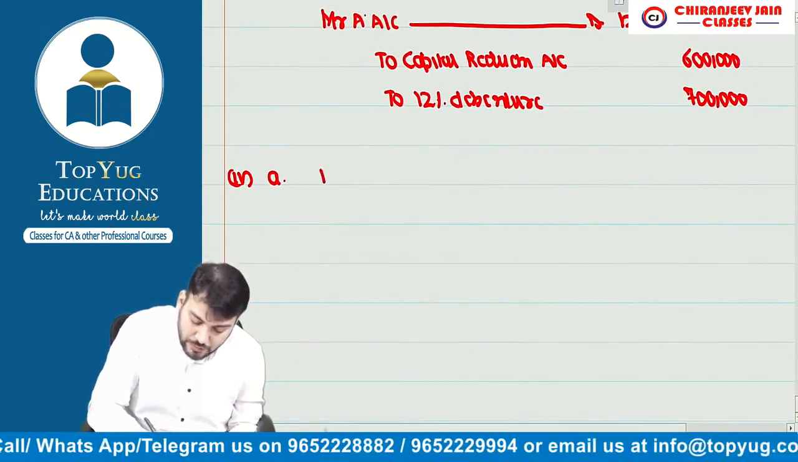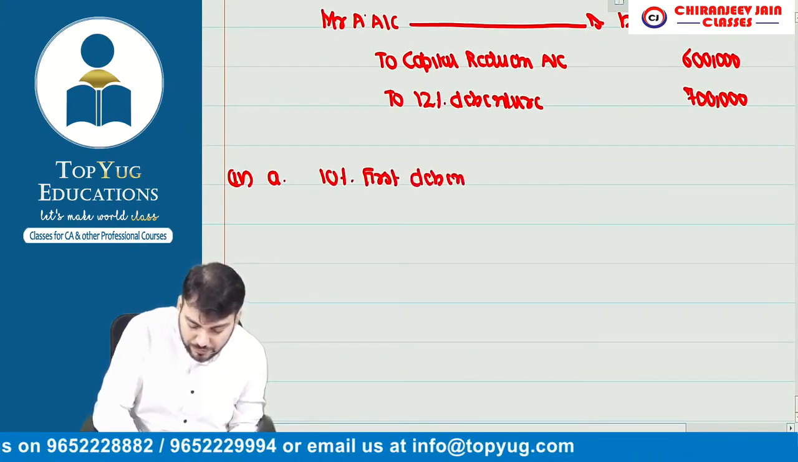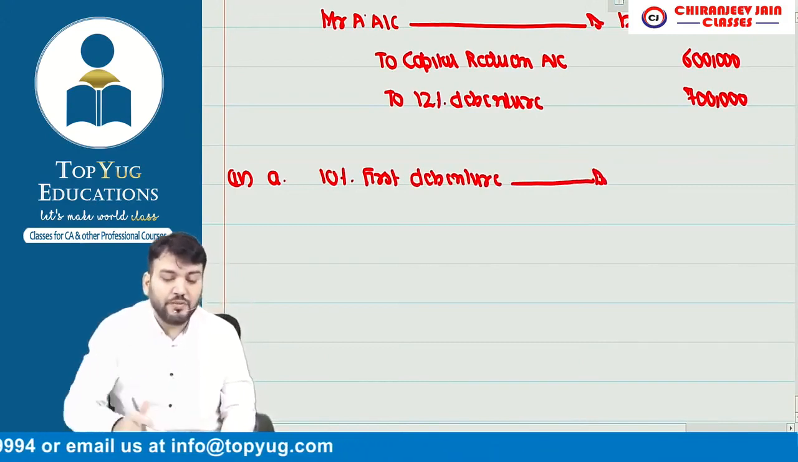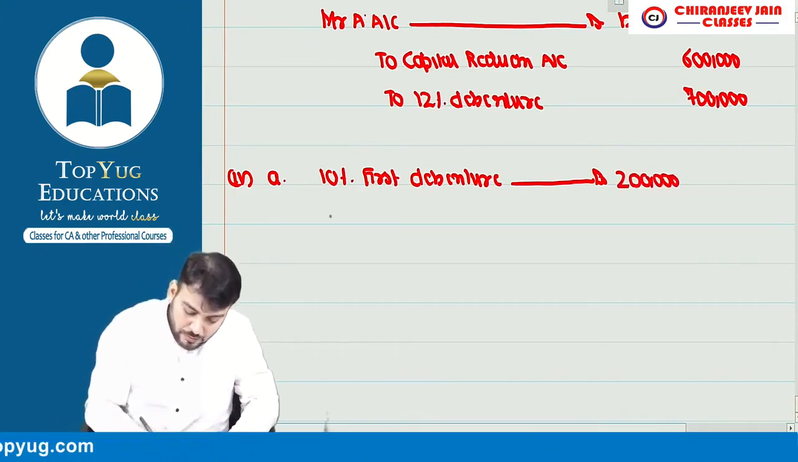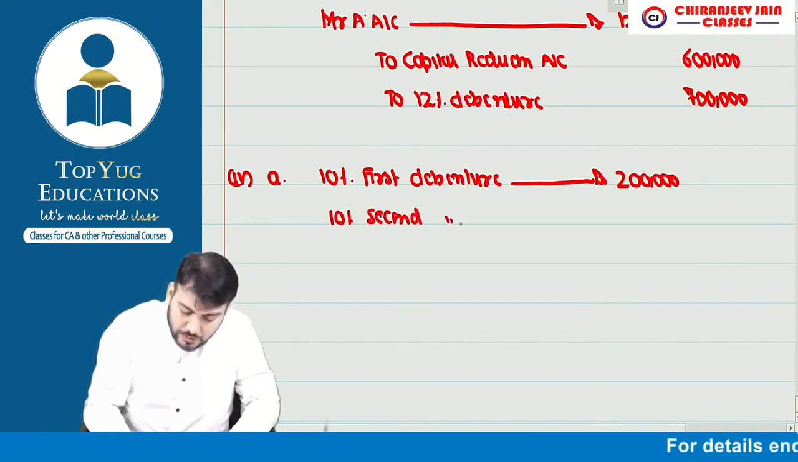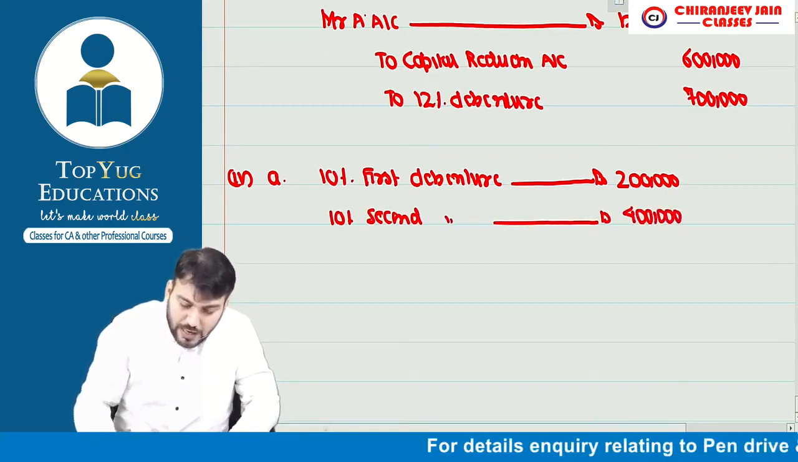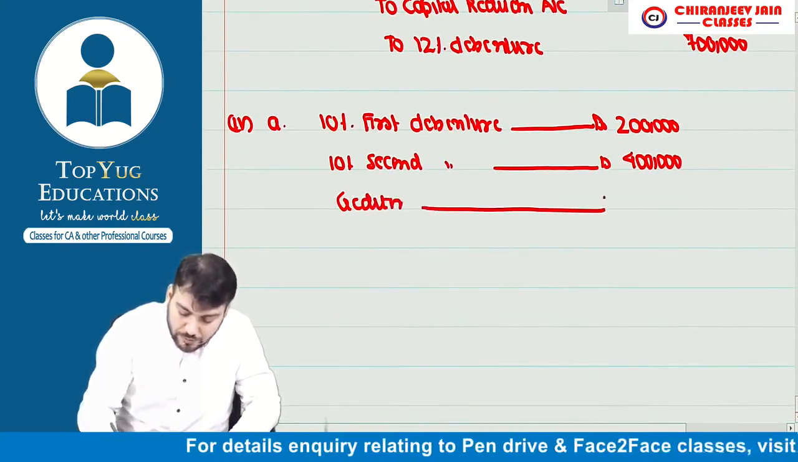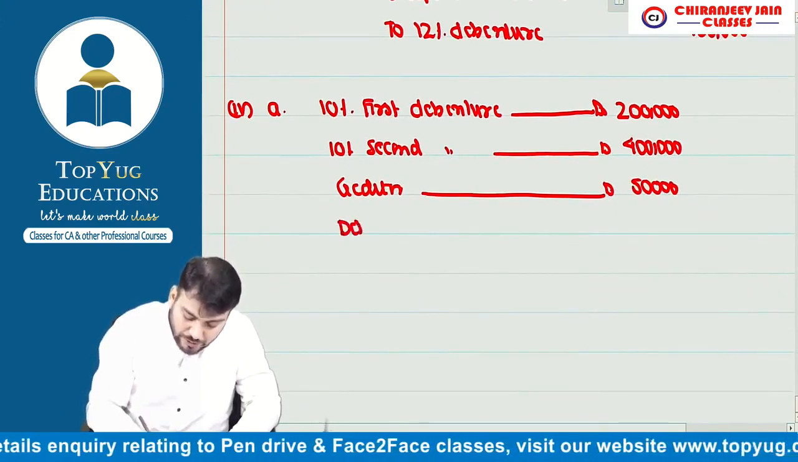Correct? तो लिखो 10% first debenture account debit. 10% first debenture account debit how much? 2 lakh. 10% second debenture account debit कितना? 4 lakh. And he's also creditor for what amount? 50,000. And also debenture